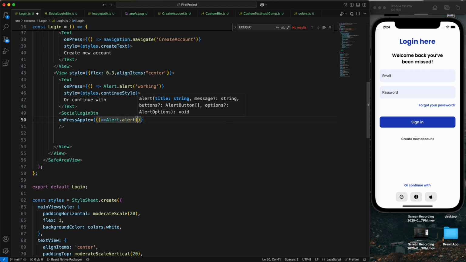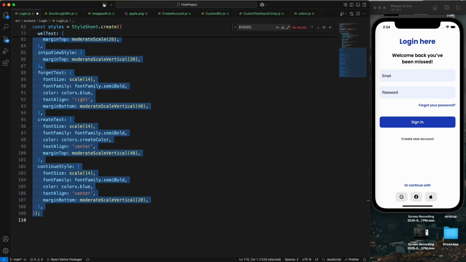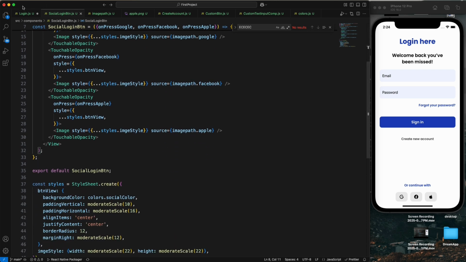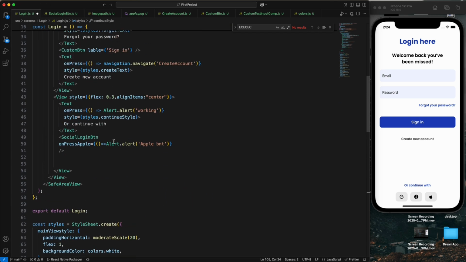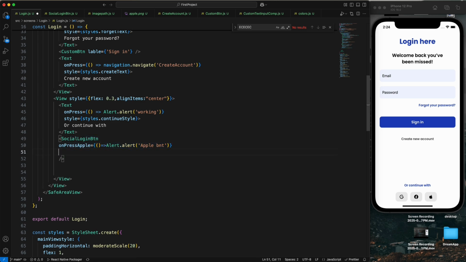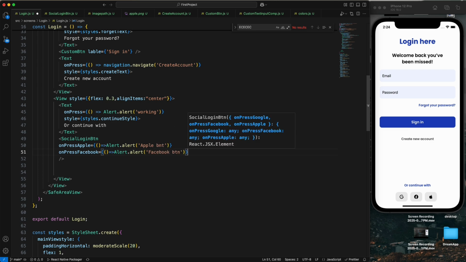alert Apple btn, and just so this is the Apple btn. Just copy these 3. So now I'm taking another one also, on press Facebook, and just pass the alert Facebook btn, and we have a last one